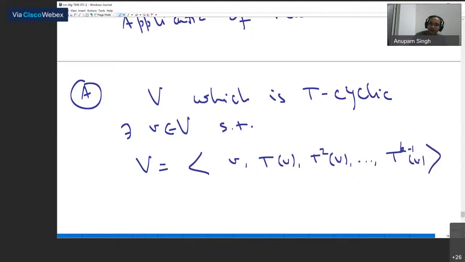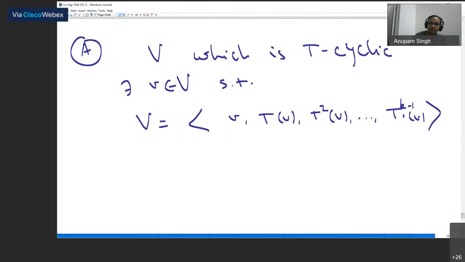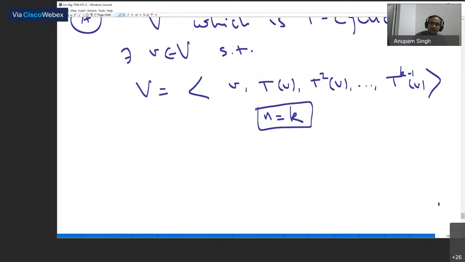But since I am saying V is equal to this, better k be equal to n, right? So there are a total of n vectors here. Now, if I take this as a basis, and we try to write the matrix